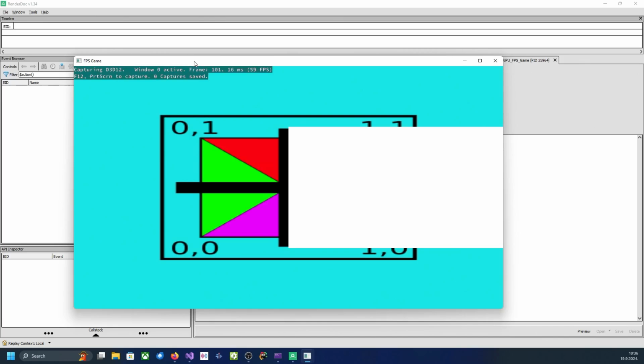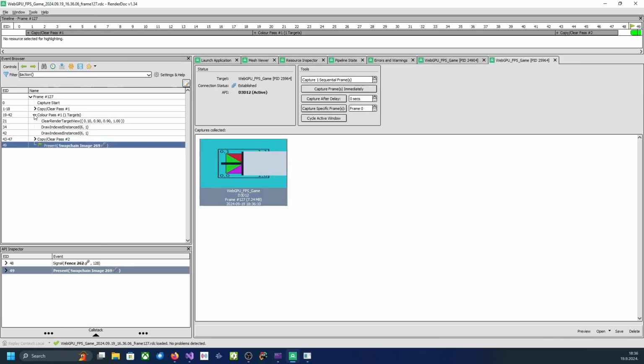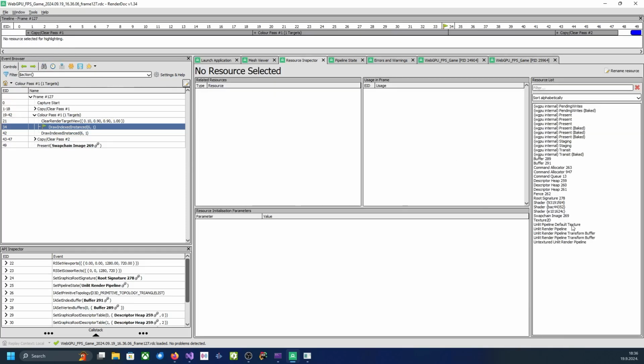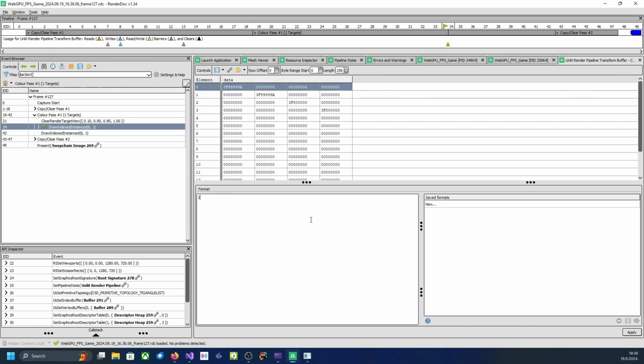Let's try to capture that frame. Let's see what I need to get. So if we go to all resources, right here, resource inspector, I should be able to find it, and there are two of them, right? Because we have two pipelines. We have only textured render pipeline and only render pipeline. But if you take a look at the contents here,